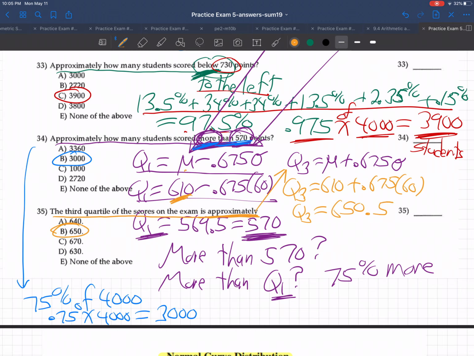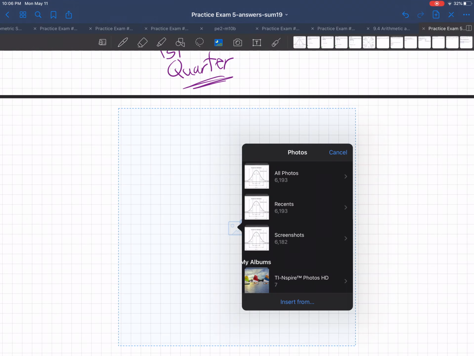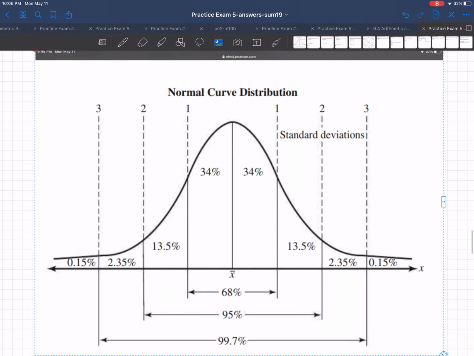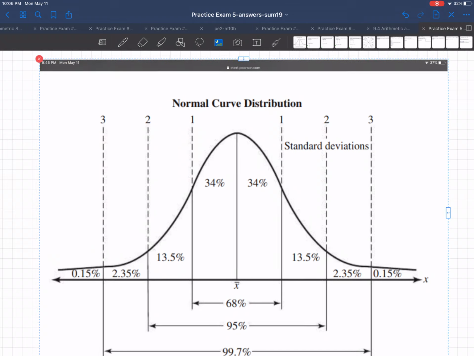So it all comes from this normal curve. You want to have that normal curve before I did all the drawing all over it. Have that normal curve right on your chart. Would it help if I put another picture of it here? Let me do that for you. There it is. Make it a little bigger. So have that normal curve in your notes. And not only have that, also have the formula for